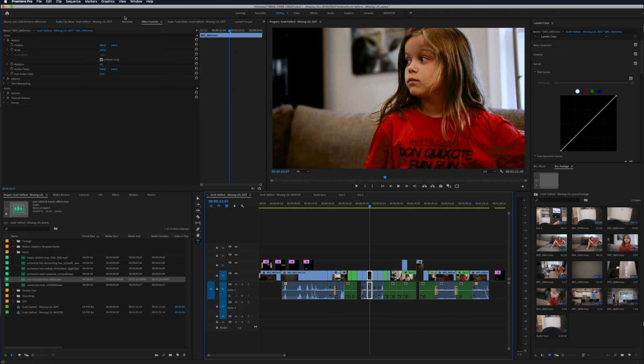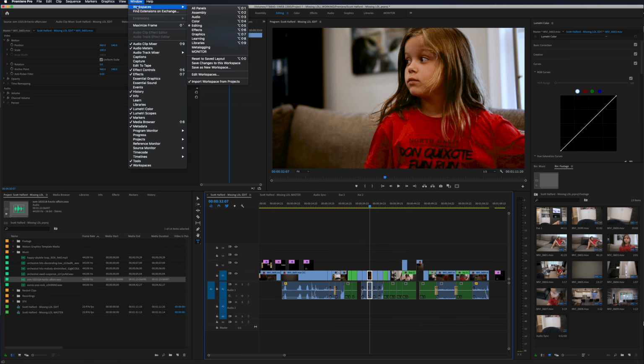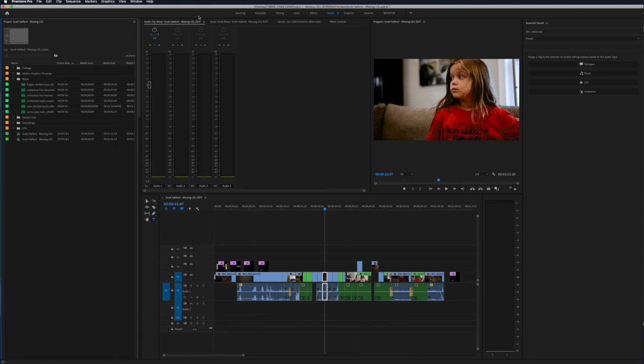And when I say mixing, if I go to my workspaces, go to my audio, this will bring up my mixer and allow me to change the volume on the track as it plays along. So I can further fine tune all my audio, but we're not getting that deep into it for this project. We'll probably do that for another project, but for this project,